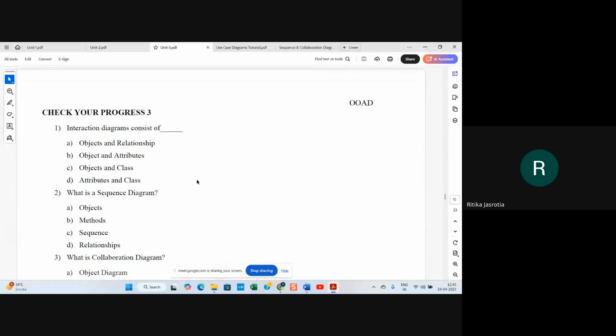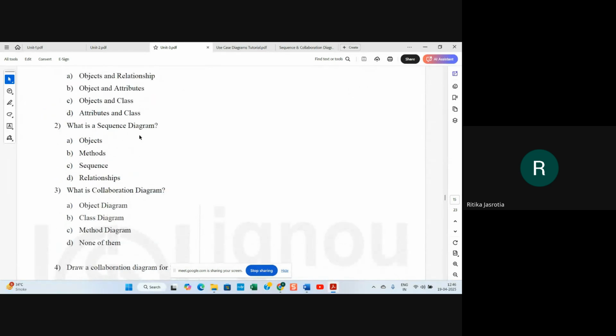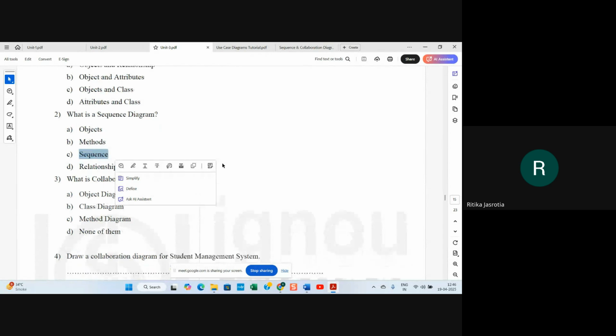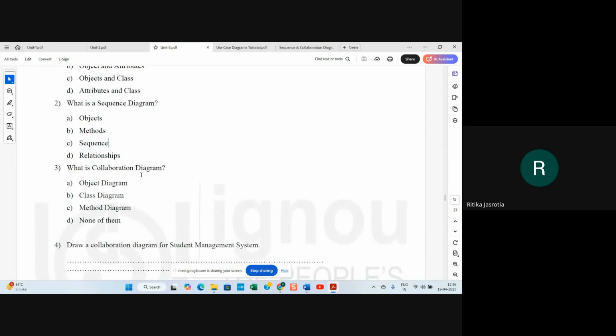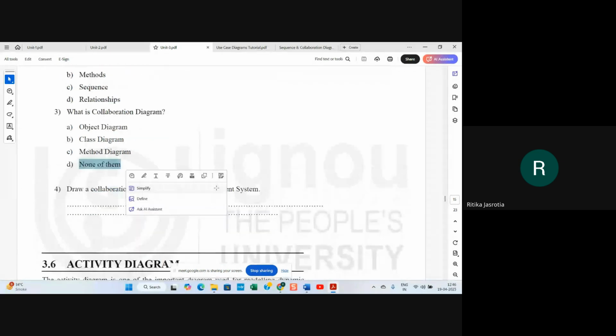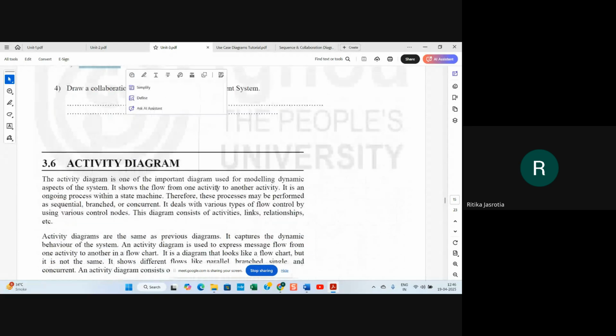So again, they have asked you check progress questions. Interaction diagram consists of objects and classes, you can say. What is a sequence diagram? A sequence diagram is an object method. It is a sequence, right? What is collaboration diagram? Object diagram, class diagram, method diagram, none of them. It is none of them, because it is not an object diagram, class diagram or method diagram.